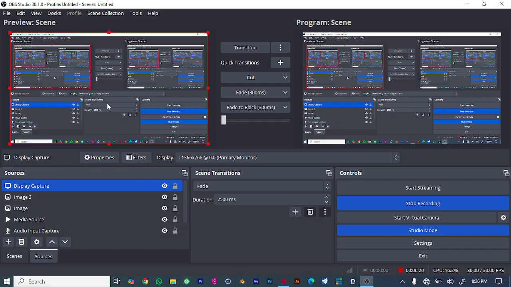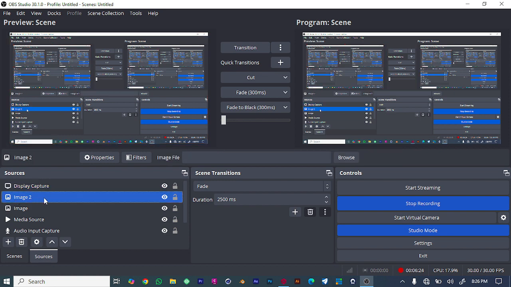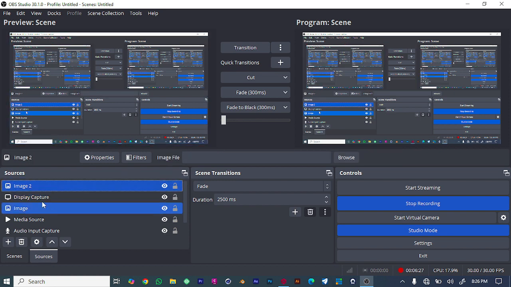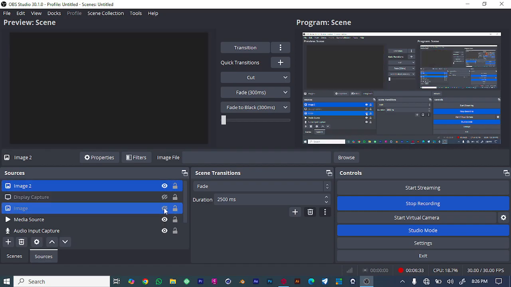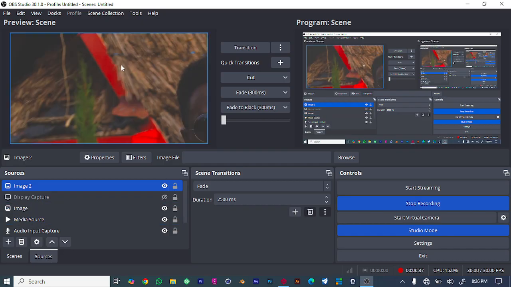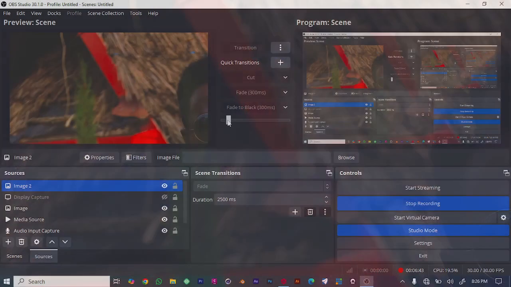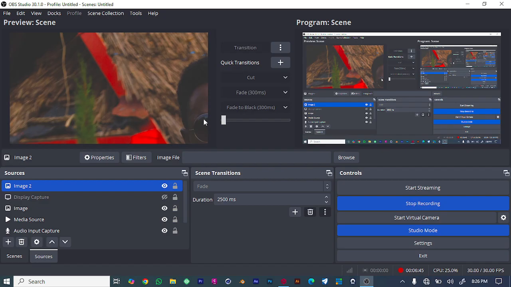With that, I think we are good to go. So if I need this image to be visible here, I just need to switch off some of these ones. We don't need it. We need it. So if I need this one to come to the other side, I just click this transition. I can just fade it or return it back. So with that, I think you're good to go with